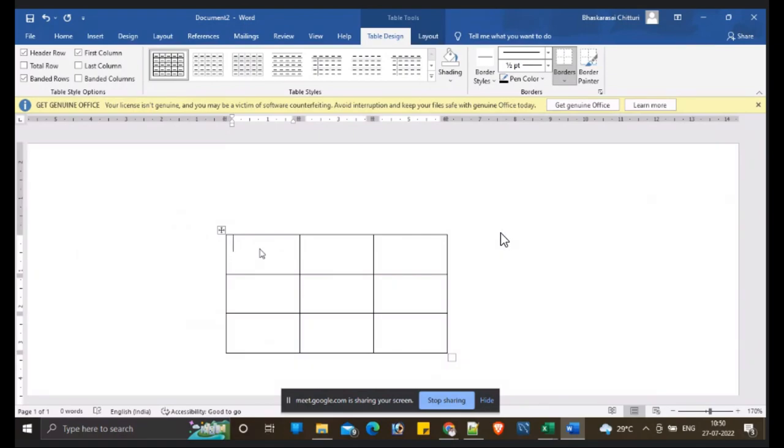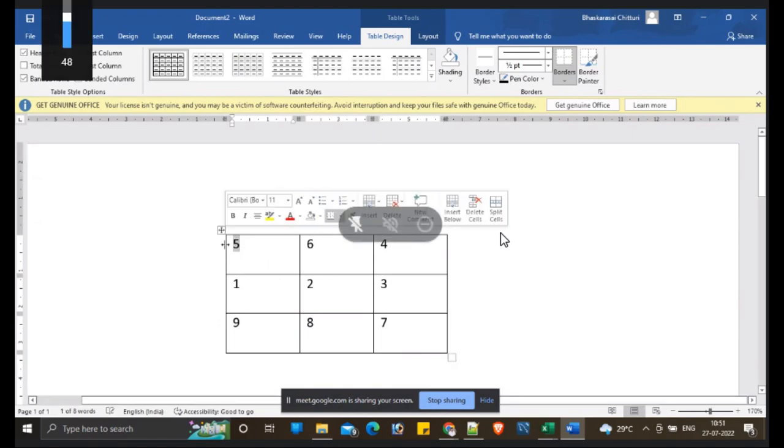For example, let's take some random numbers here: 5, 6, 4, 12, 9, 8, 7. So we wrote some random numbers here. If you want to access 5, we have to mention both a row and a column index. Here we have two types of index: one is a row index and another one is a column index. You have to mention both the row index and the column index of an array,